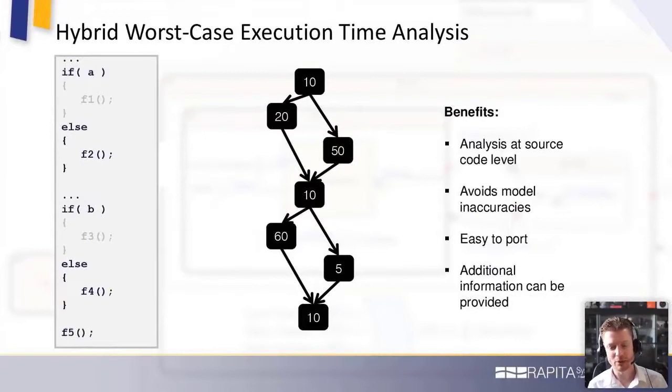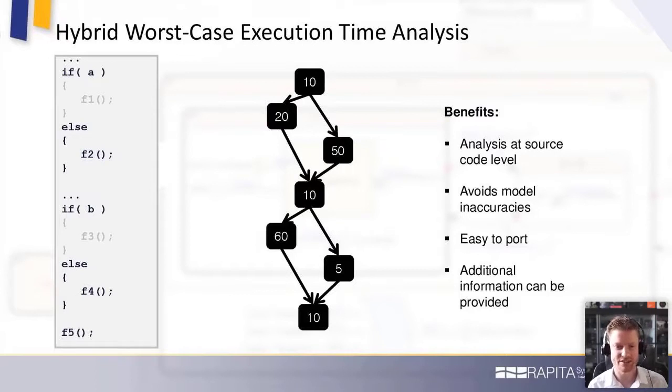And here's an example of how RapiTime actually works. If you have a look at the code on the left of the screen, what we have in the middle is a diagram that represents the control flow of that code. So there are two if-then-else statements. The numbers in each rectangle represent the execution time of each of those pieces of code, for example, in microseconds. So the first piece of code takes 10 microseconds, then the true branch takes 20 microseconds, the false branch takes